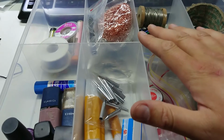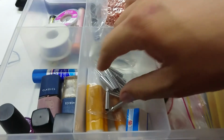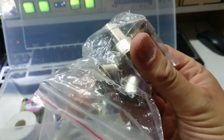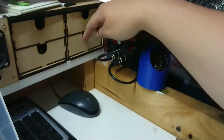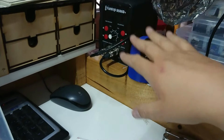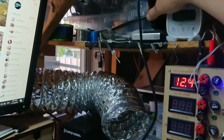Okay, so while you guys have been busy watching that video, I've taken the time to find all the spare bits at home. I've still got some of these tips. I'm just deciding on which one to use. I have found it a nice little hidey hole right here. Not quite as convenient as I would like, but I now discover I'm going to have trouble getting them out. Anyway, first world problems. Now I have the soldering iron section hiding up here out of the way,